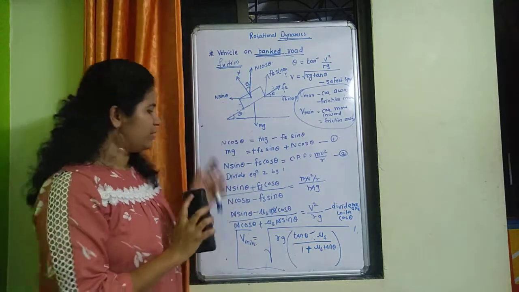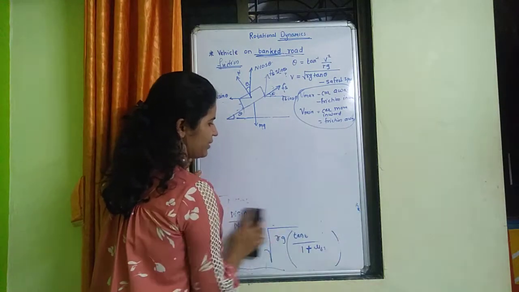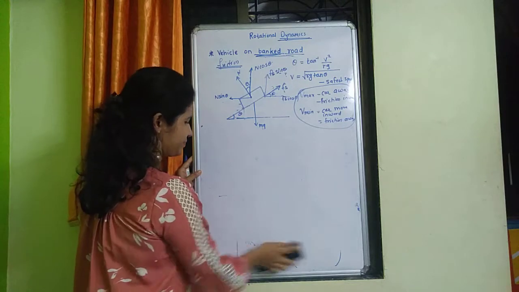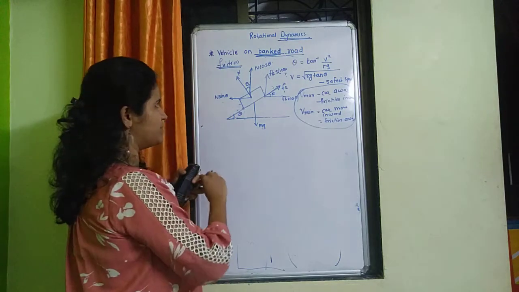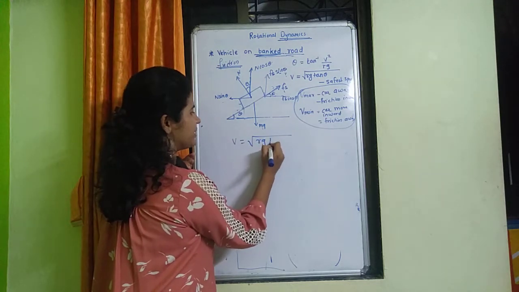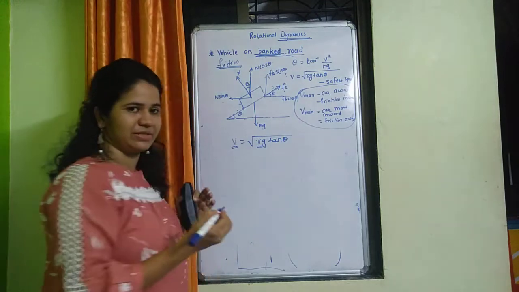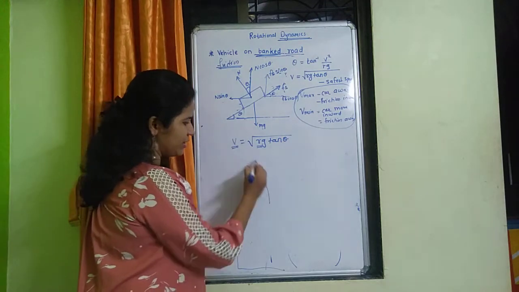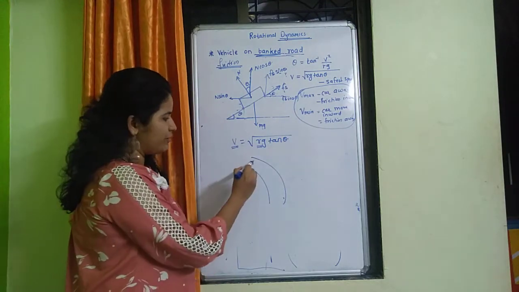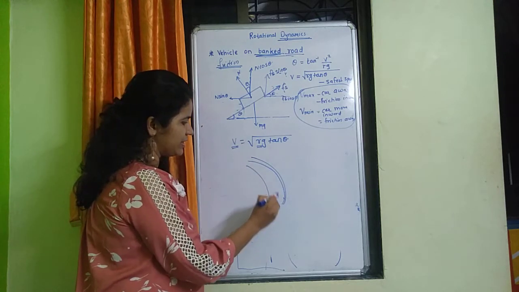So one thing you have to conclude is that the surface speed depends on radius. You observe this one, that v is equal to root of r g tan theta. Okay, the speed depends on radius. If suppose there is a curved path, then if you take a sharp curve, that is increasing the radius,